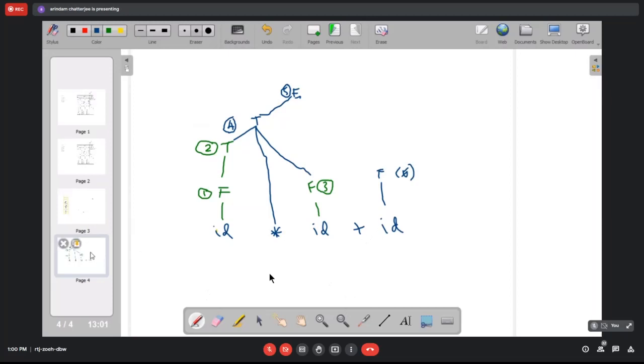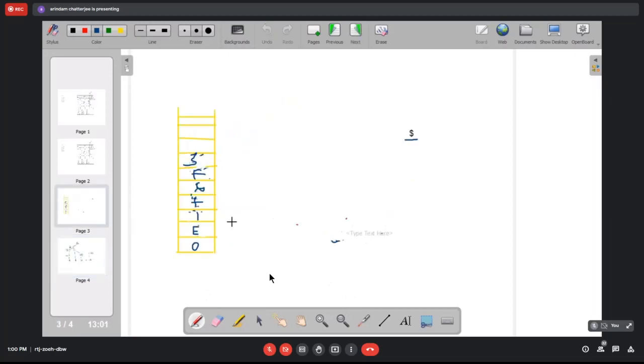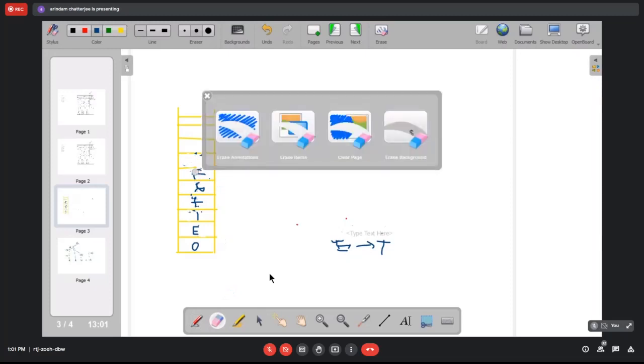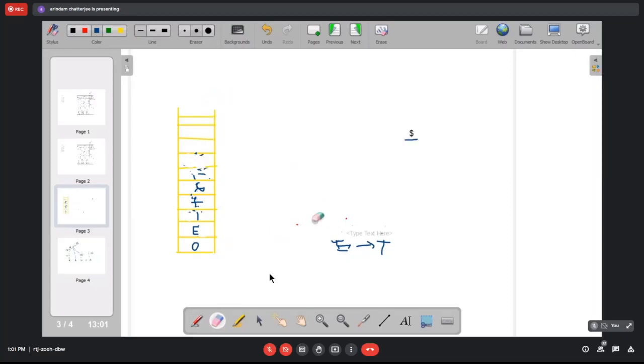Next is also a reduction. This is reduction by the fourth rule, which is E producing T. Okay, again we pop two symbols. We pop 3, I'm sorry. The rule was actually T producing F.